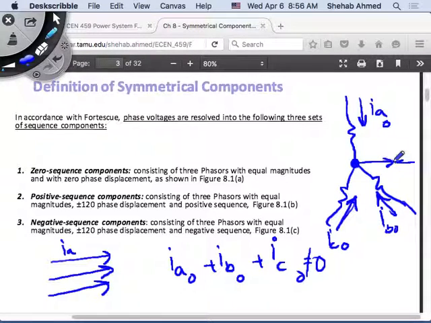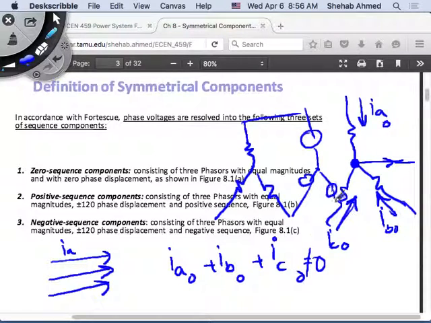And if neutral current is flowing, it means that there is a connection between the neutral point and ground. We either have a three-phase circuit without a neutral connected. This is my source and my load, for example. Three-phase source, three-phase load. I don't have a neutral connection. Or the other way is you have these neutrals connected, and these neutrals can be connected to the ground somehow. So we would typically have a connection to ground somewhere, because if there's no connection to ground,